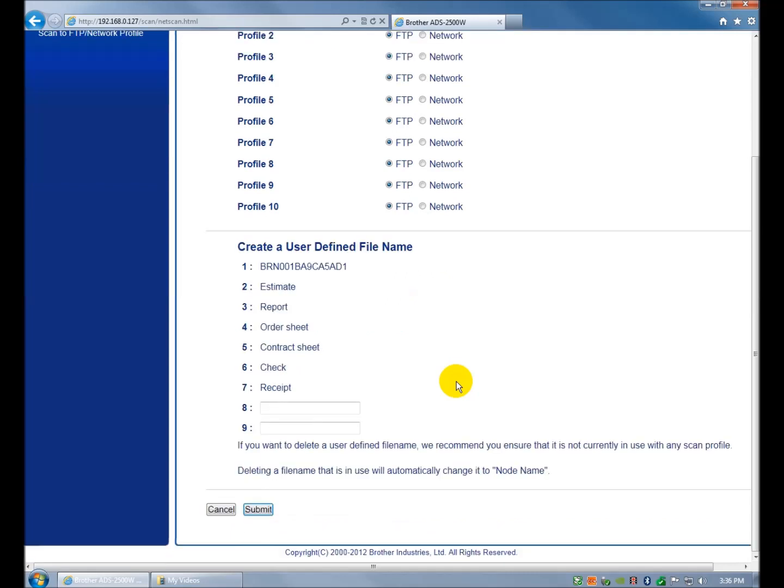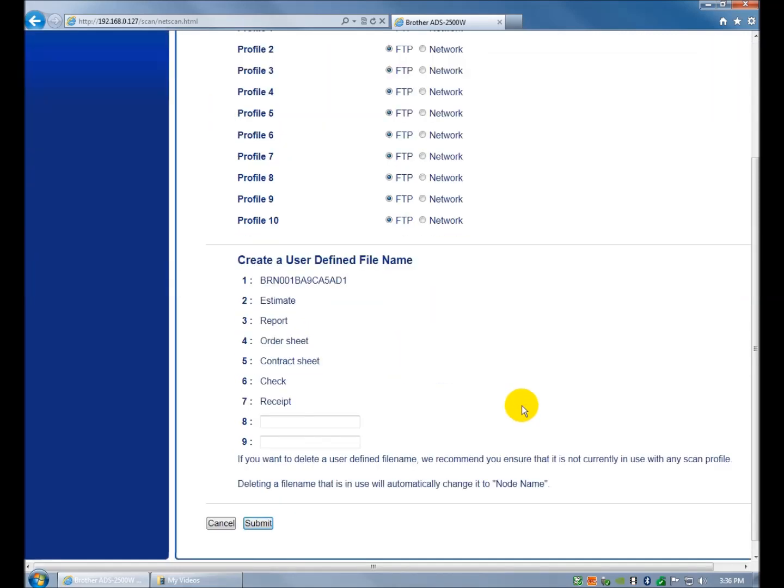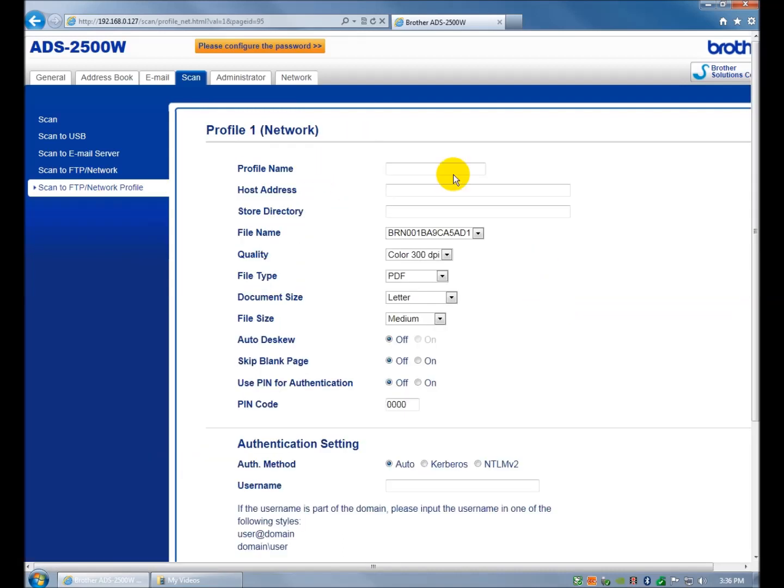Create a defined name. Alright, so let's see. This number 7 is receipt. Submit. Create a user-defined file name. Submit OK. So I can go in here now, and this says network. I can name this